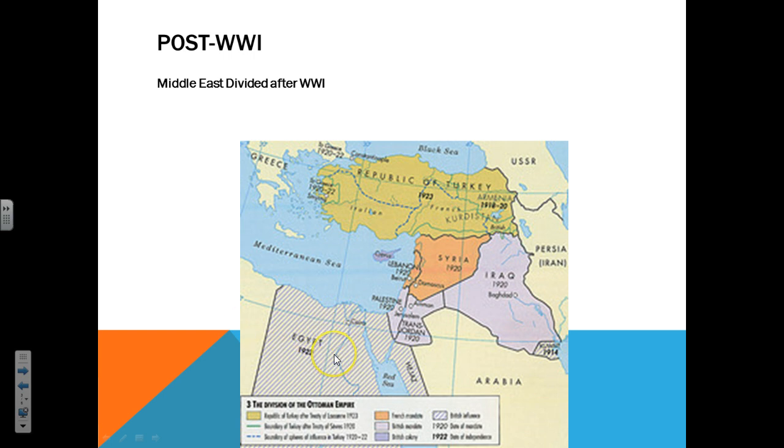Egypt is down here because Egypt is technically independent at this time, but they have a considerable amount of British influence. But Egypt will continue and become independent very quickly in the 20th century. Okay, so this is a map of how the Middle East was divided immediately after